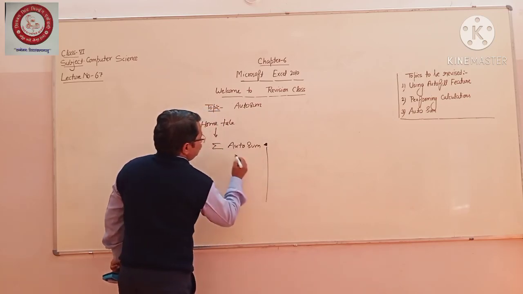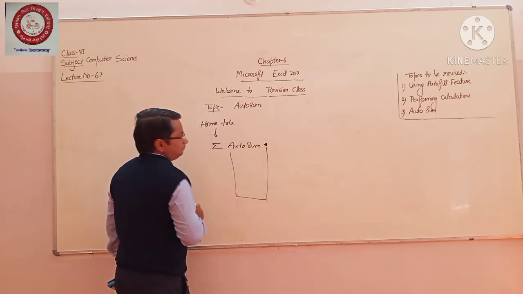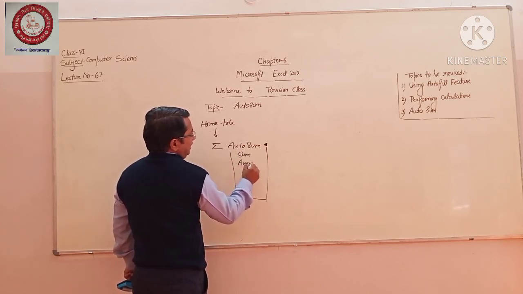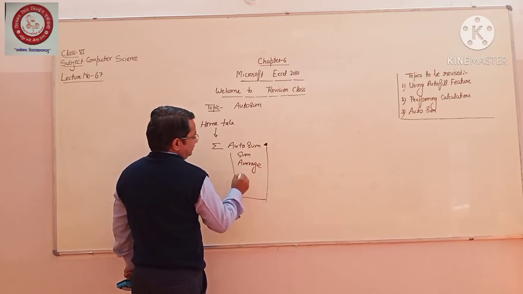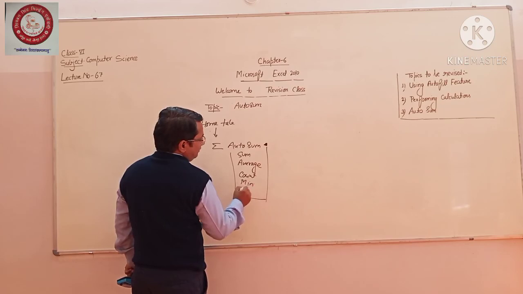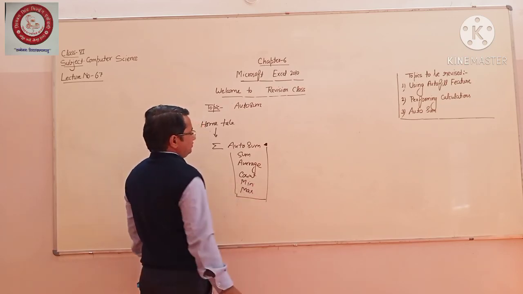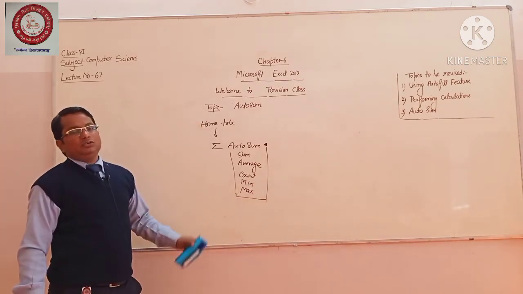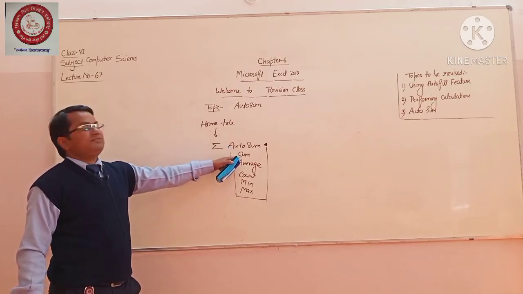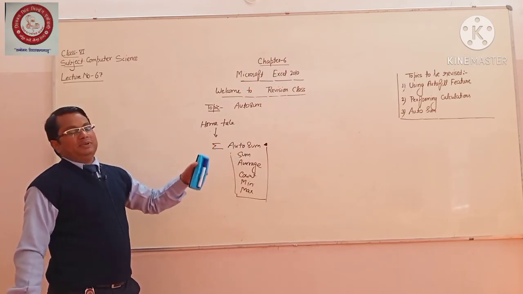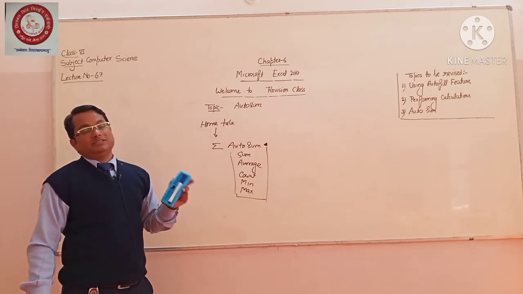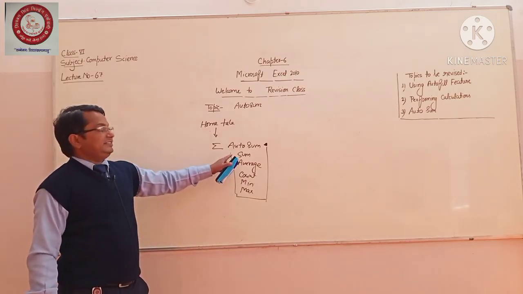If you click on that, you will have a list of functions. At the top, you will have Sum. Then after that Average. Then Count. Then Min function. Then Max function. Okay. So by default, if you click AutoSum one time, immediately the sum function will be performed. In the last topic, I gave a solution for how we perform the sum. Okay, the same thing is happening.